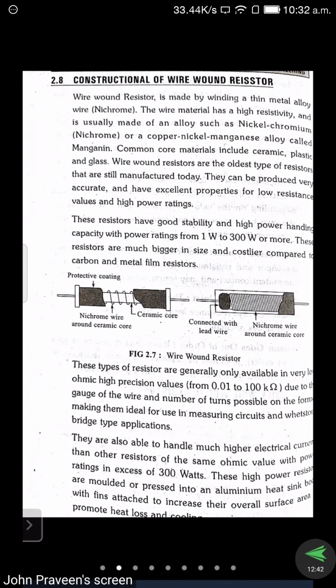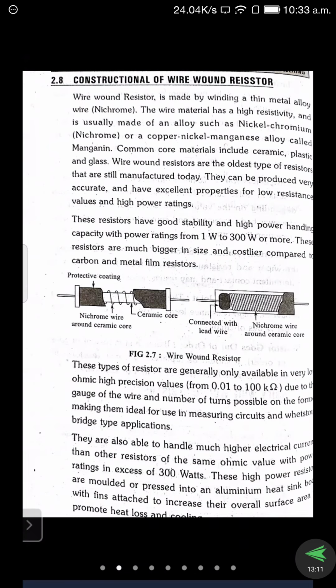So here we can see in the diagram a tube structure, the black color, it is a tube structure we are provided. So the middle one we can observe here. So on the tube the nichrome wire will be placed, and we have the two caps, that is the end caps, so that can be used for making the contacts. And on the top we are coating a material that we call a protective coating.